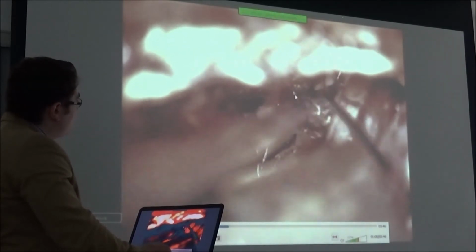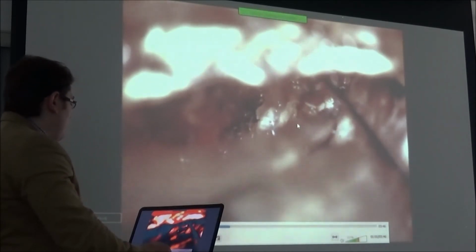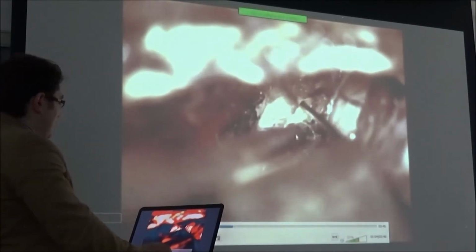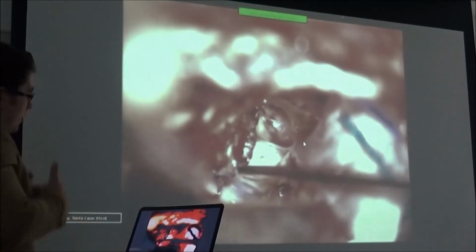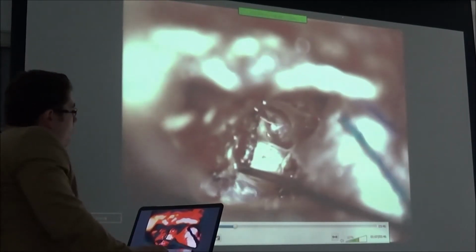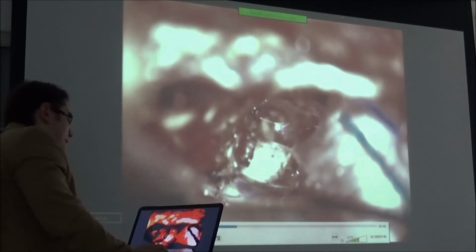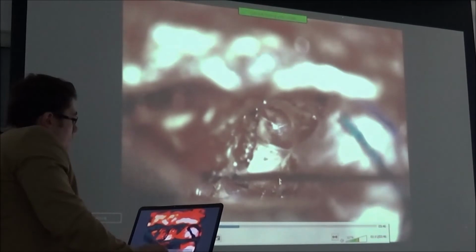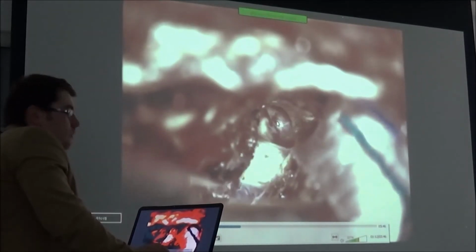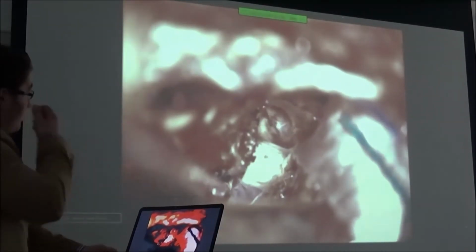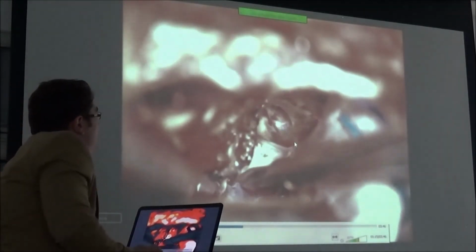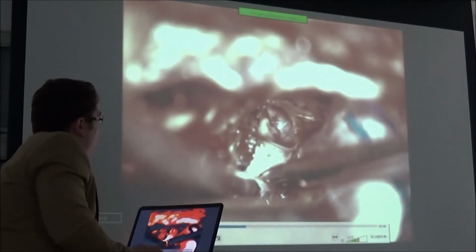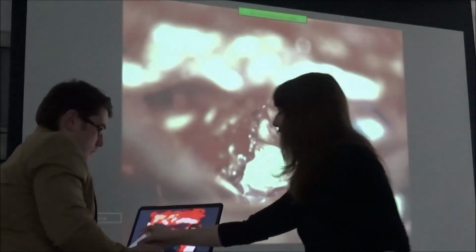Now you see the divided tent here, so we're coming onto the dura of the posterior fossa, which we're going to be opening. And then what we want to do is, you're seeing this here, this is the brainstem. So we're coming on the anterolateral side of the brainstem. The brainstem is usually a very white, beautiful structure. But what you see here is there's like a spot on it. And once you have a cavernoma in the brainstem, then you're going to see